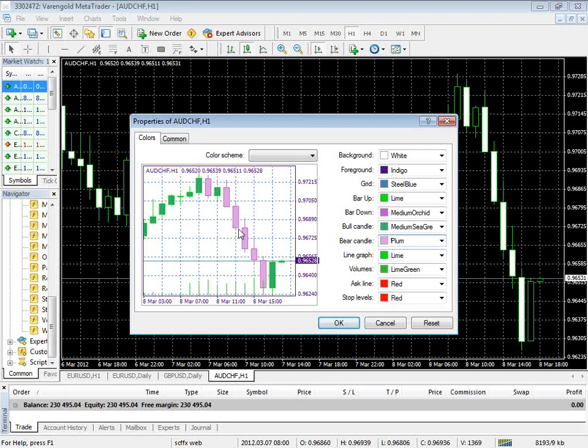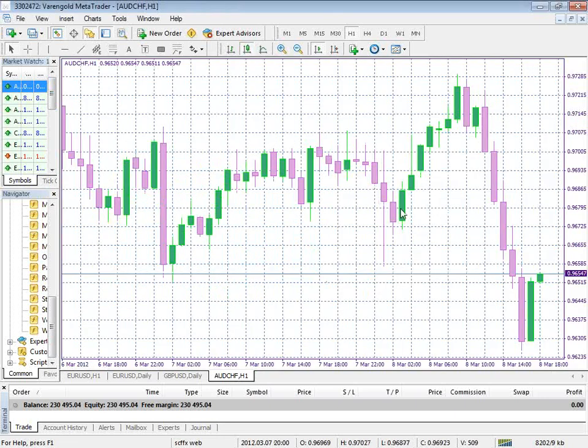We are waiting for the spring, so maybe the plume is okay. The lines of the graph are okay with those colors, the volumes, and the stop level and ask line. And I think that we can push OK, and we have a different style for our chart. If we want to save this